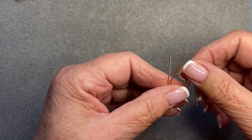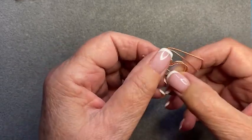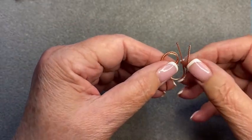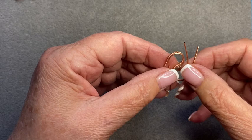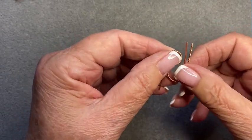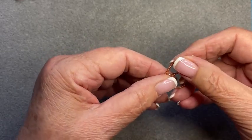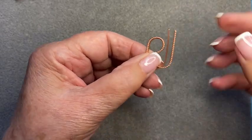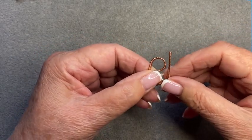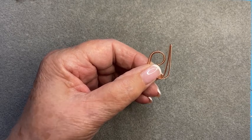All right. Okay, having a little think here which angle is going to be better for me to come in from. Yeah, I'm going to flip those over, because I want the twisted to be on top. And for some reason, it was the way I lined them up when I twisted the wire, when I was doing my loops. That's what it was. I was trying to think then, why is that so different? Okay, so I'm going to come in with my